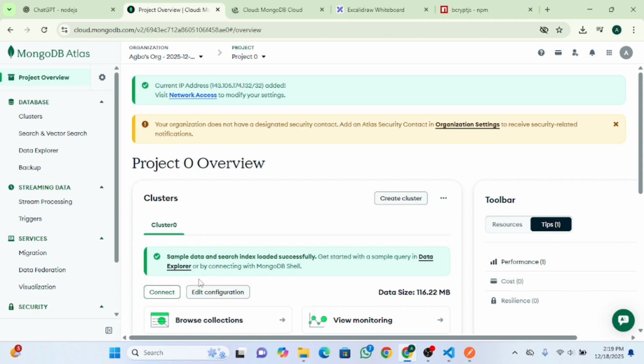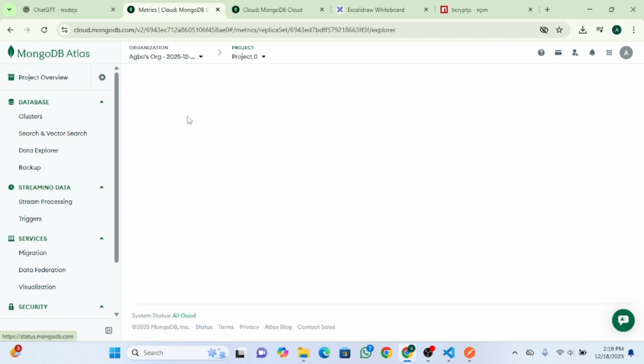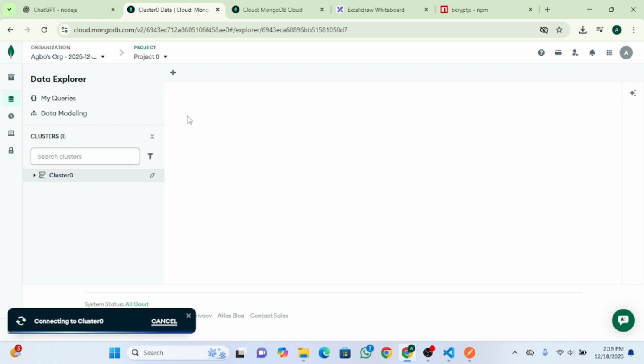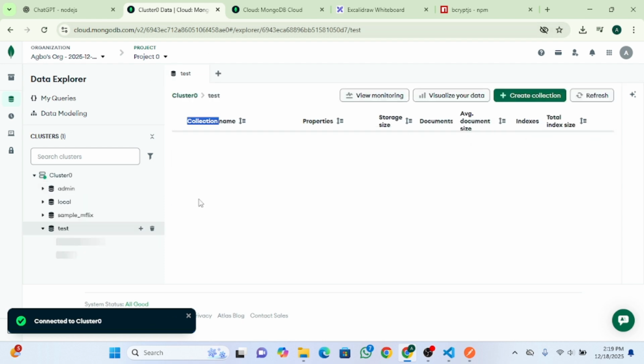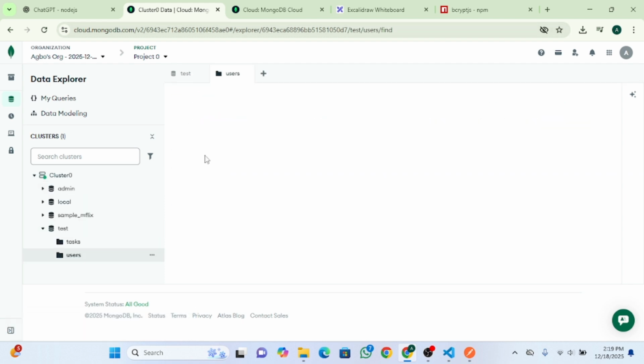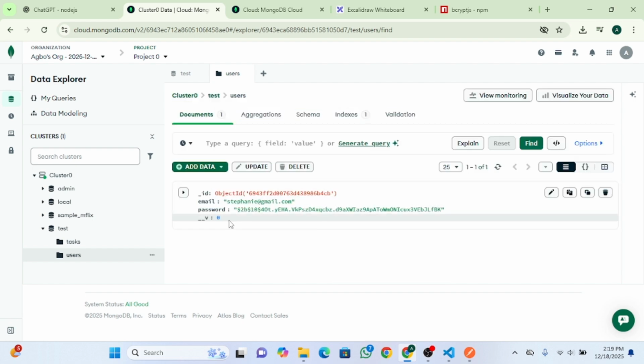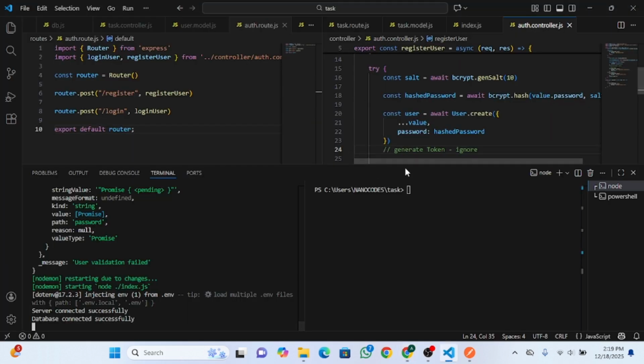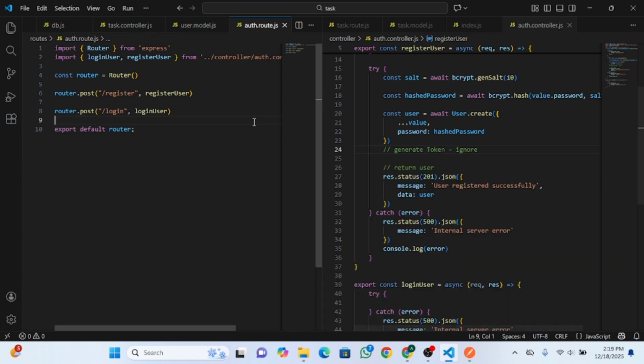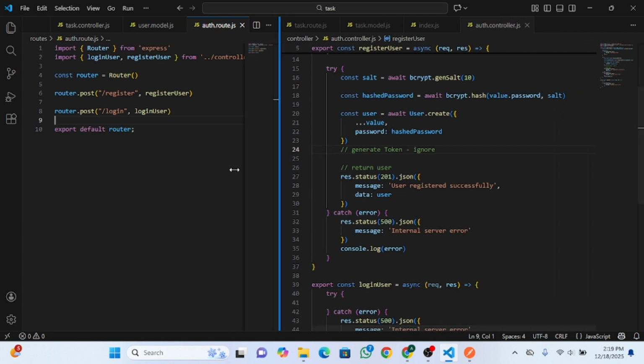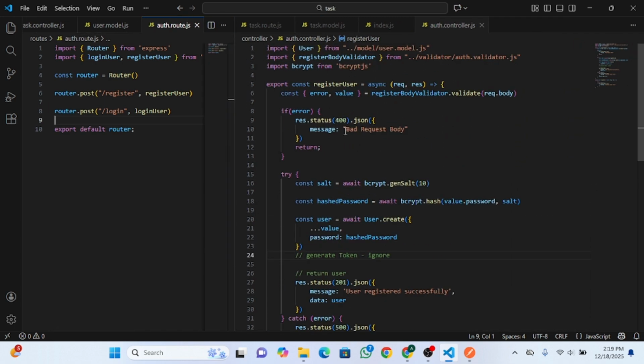If you come here and browse your collection, go to your test. You have your tags and you have your user. Now you see that your user is created already. Now that we have our user created and our user has an ID, if we want to create a task now,